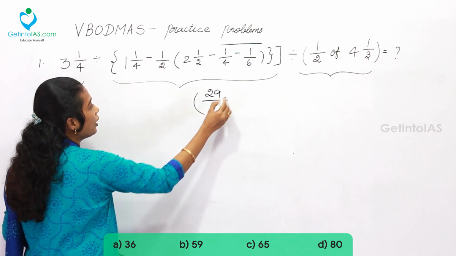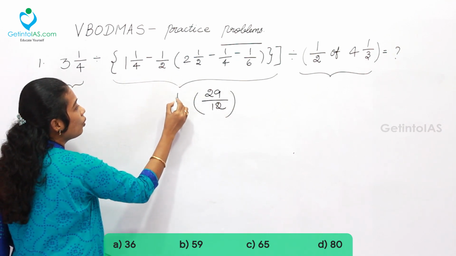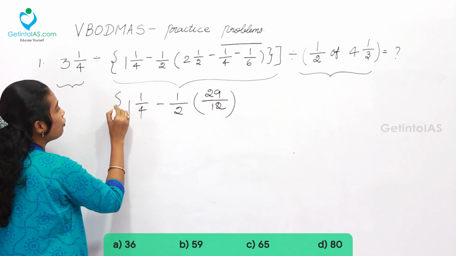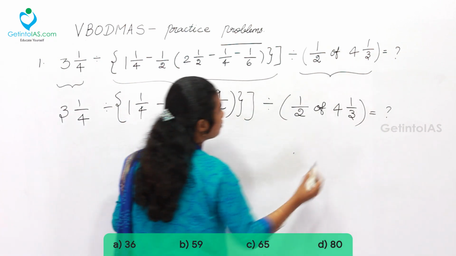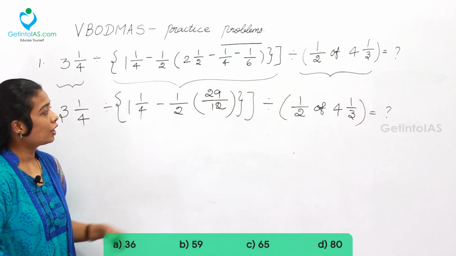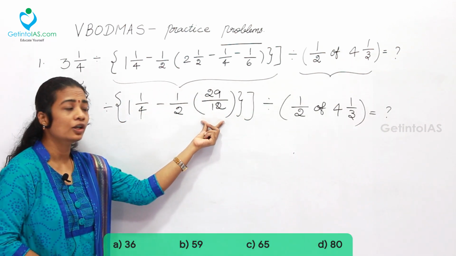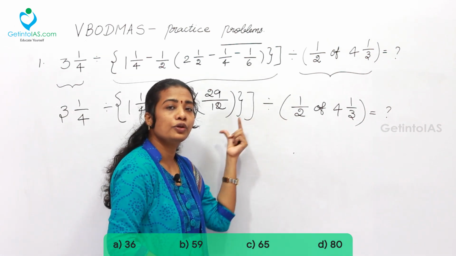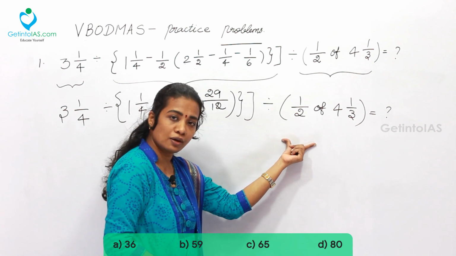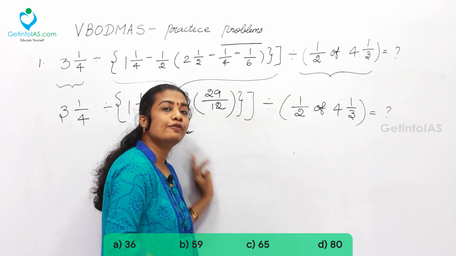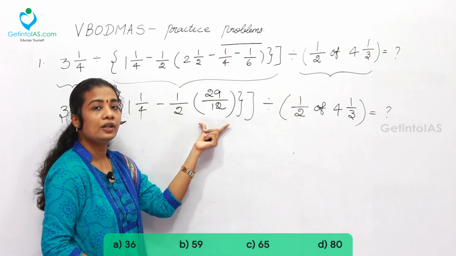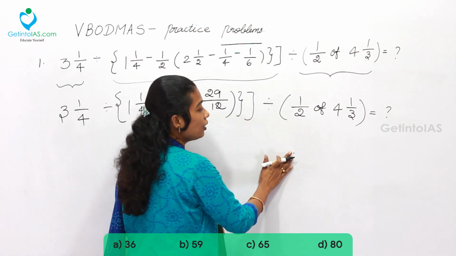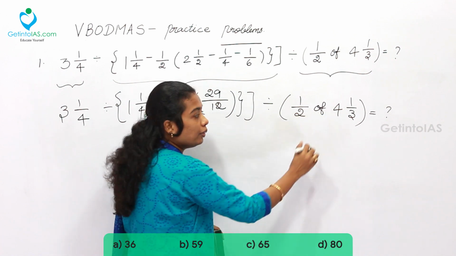Now, this is to be multiplied with 1 by 2. Simply, I am writing all the things for your reference. As the next step, as you have solved the small bracket over here, one more small bracket is there. So whenever you have two operators of the same kind, you want to move from left to right. First of all, we started with the left side small bracket. Now we want to deal with the right side. So here 'of' is given. 'Of' means what?